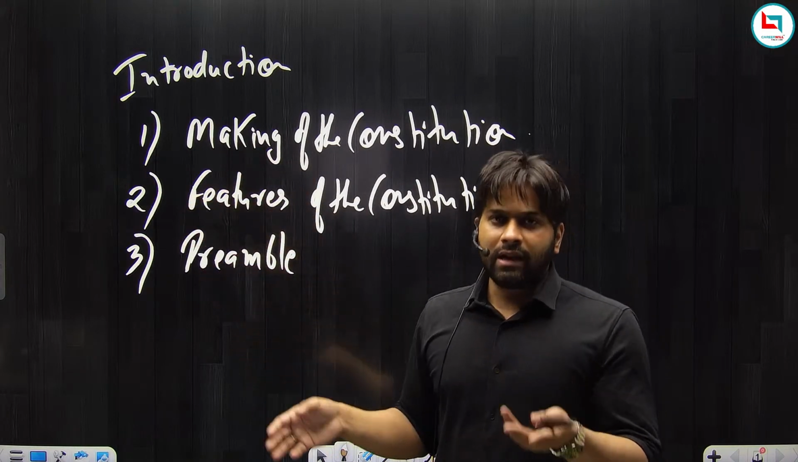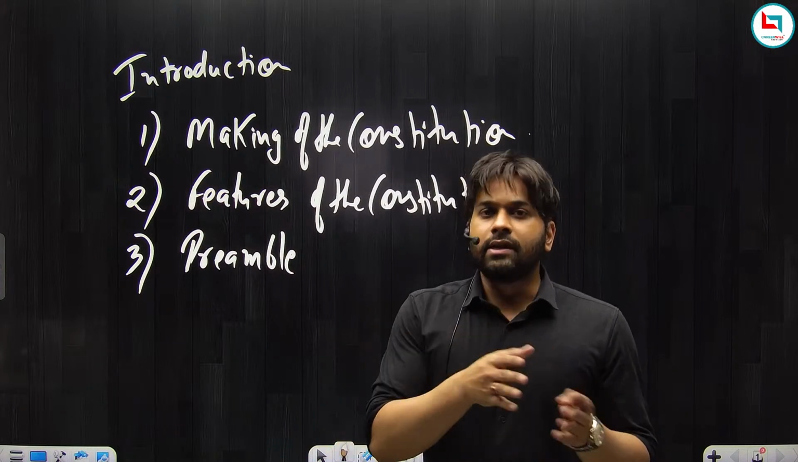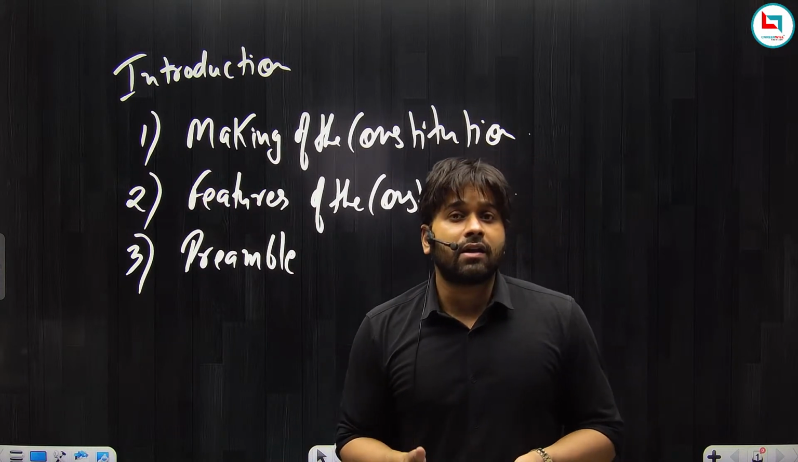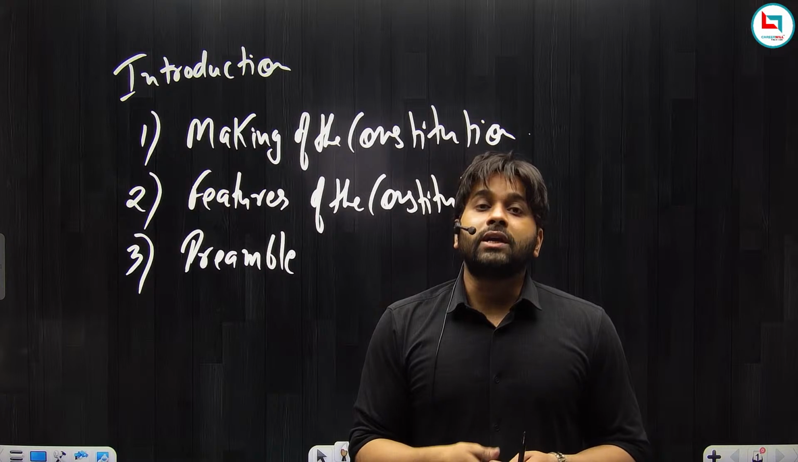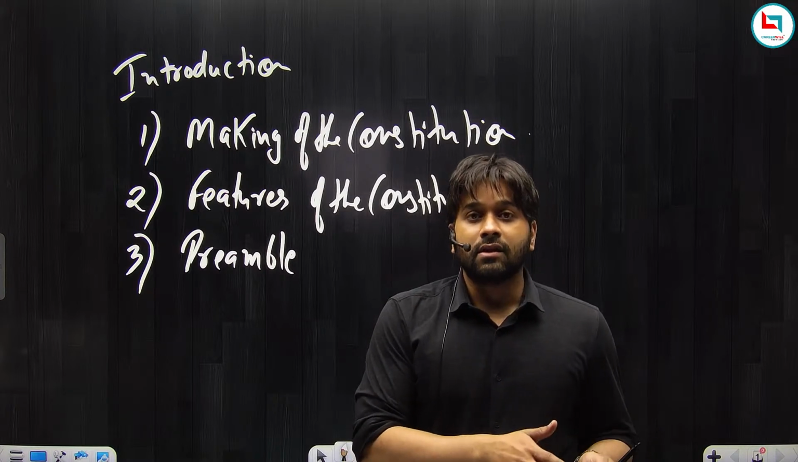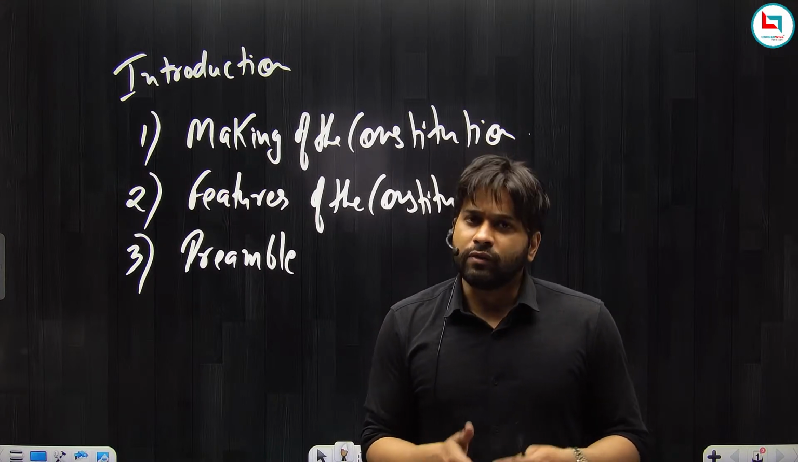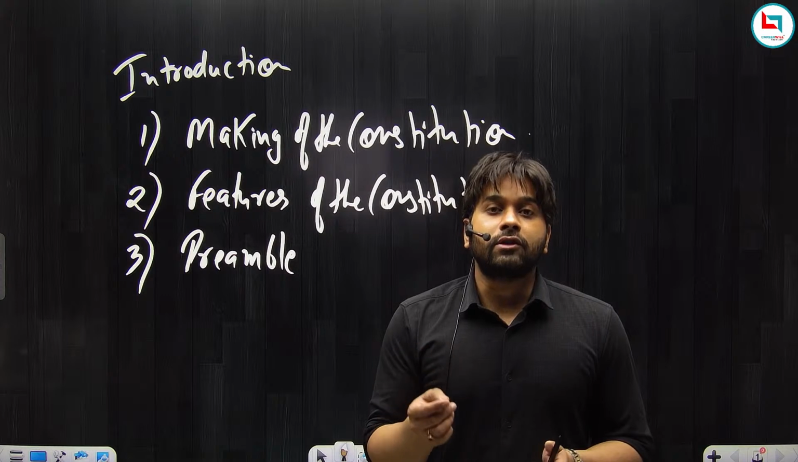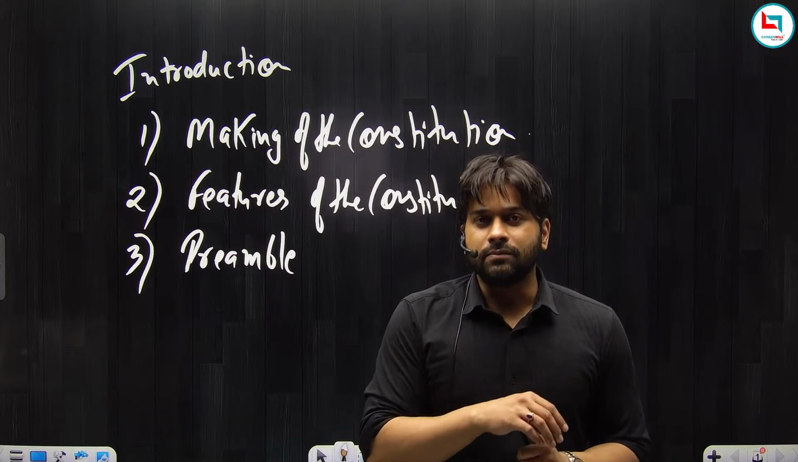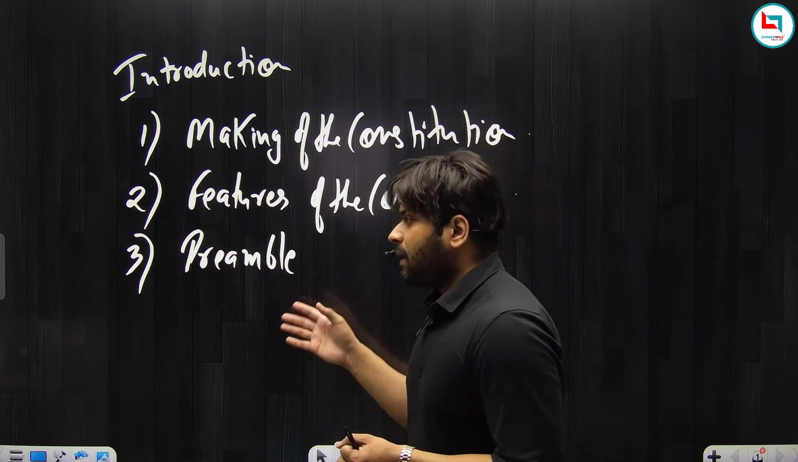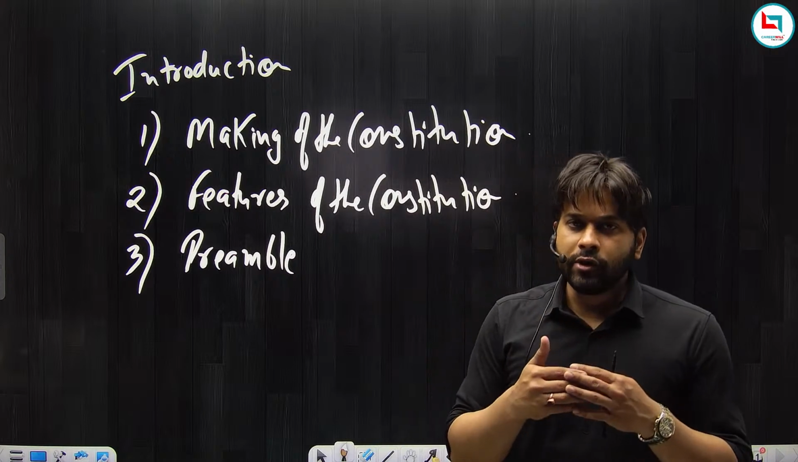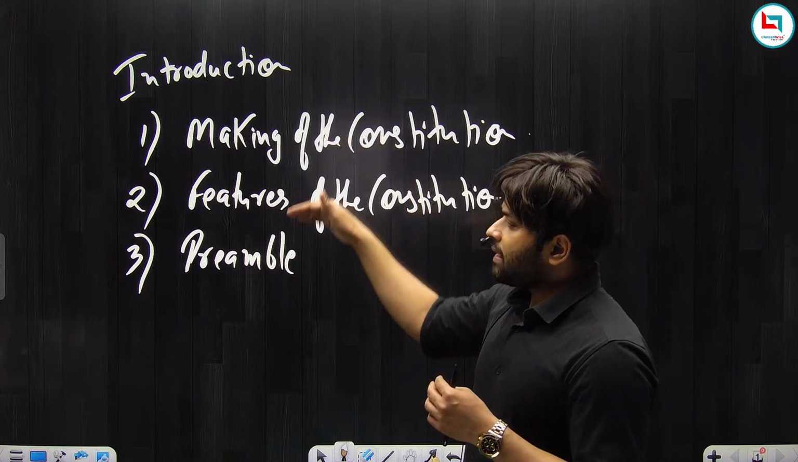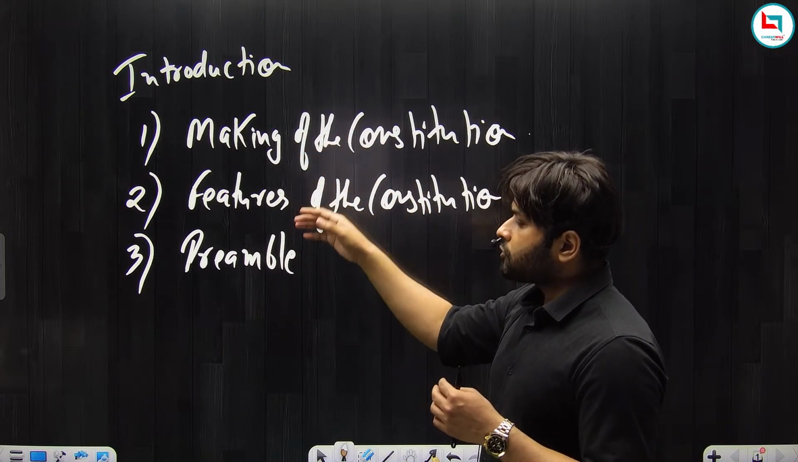Yes, there is only one link, and that link is that on 13th December 1946, Pandit Jawaharlal Nehru introduced the objective resolution, which was later modified into preamble. So we can argue that preamble is a modified version of the objective resolution. But in this class we are going to move in this manner: making of the Constitution, features of the Constitution, then